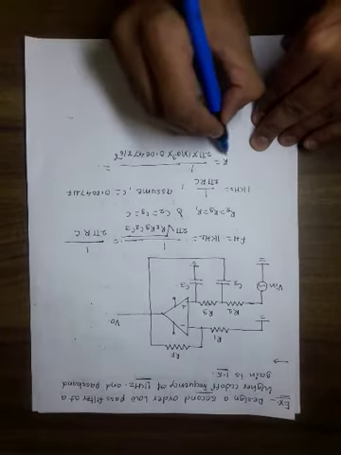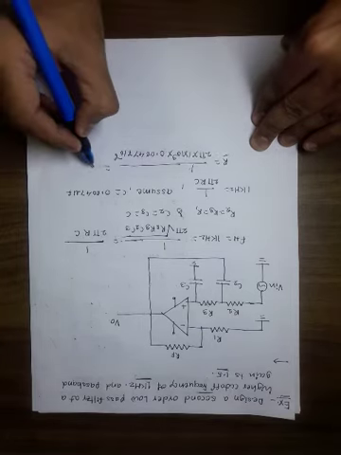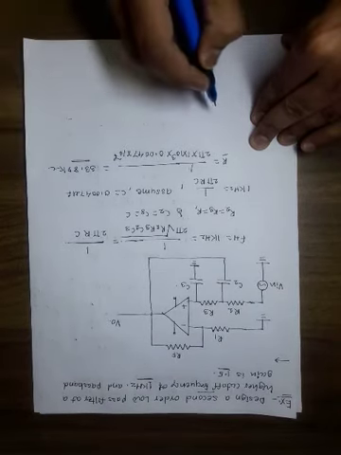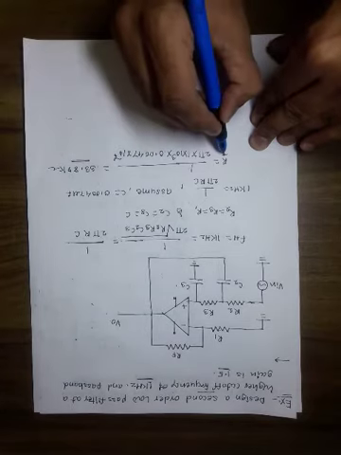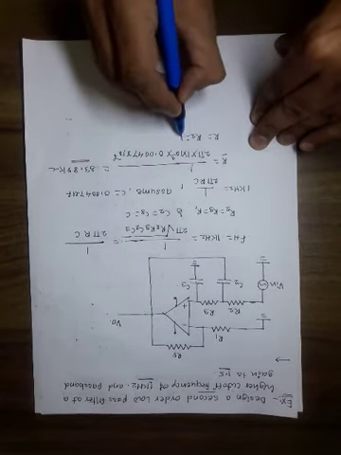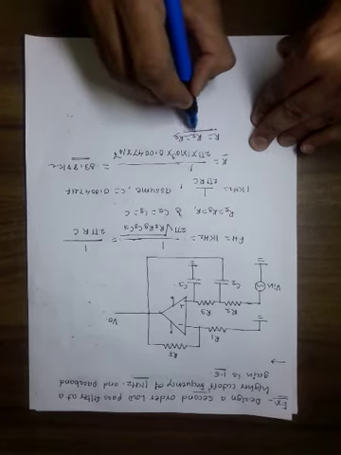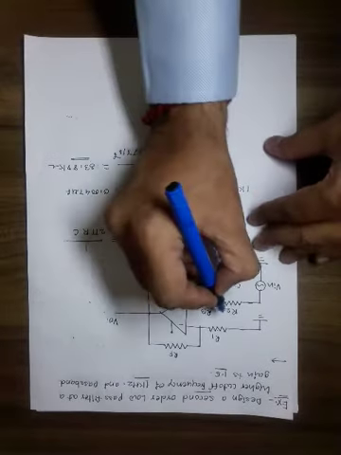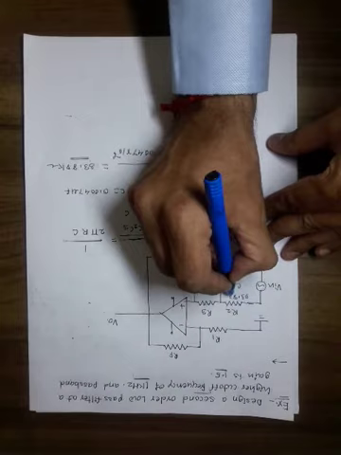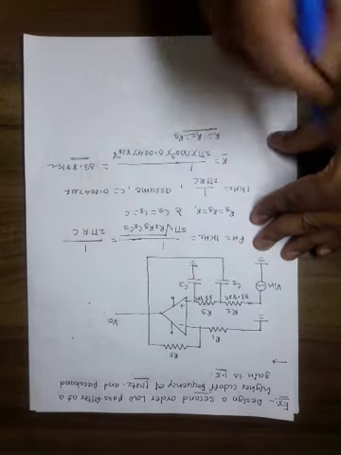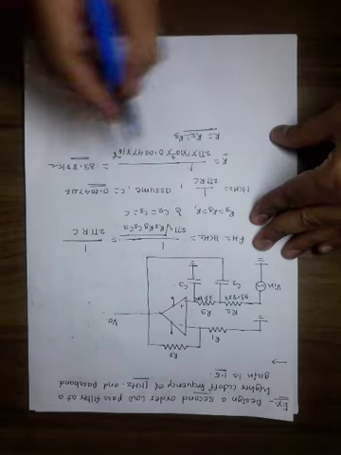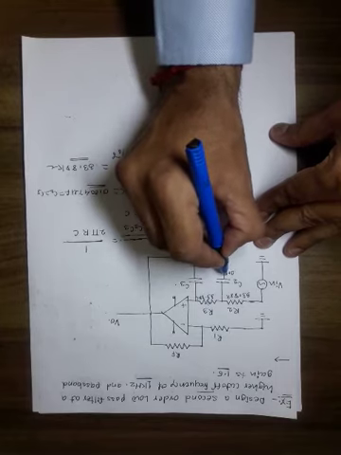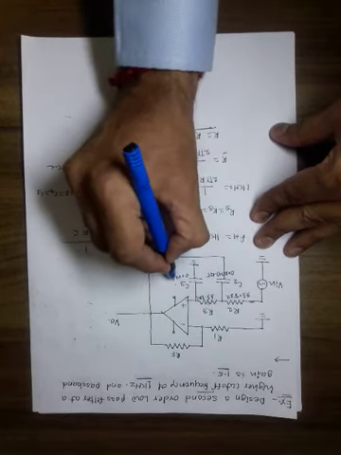Simplify this formula for R. After simplifying, the value of R equals 33.88 kilo ohm. But this R equals R2 equals R3. So indirectly the value of R2 equals 33.88K, equals R3. Write down here 33.88K, this is 33.88K. The C that we have assumed, again the relation is C equals C2 equals C3. So this is 0.0047 microfarad.